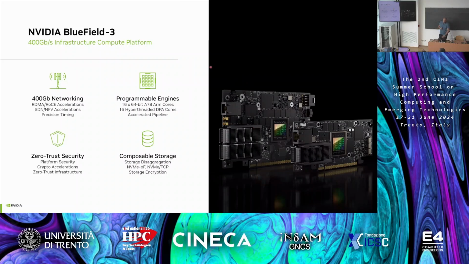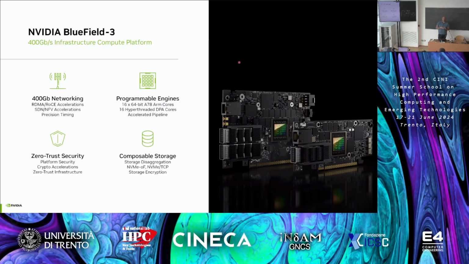Good. So just quick introduction. We said that programmability and need for speed are the main important characteristics. So we have 400G networking with RDMA and RoCE, so also Ethernet works, and precision timing. On the programmability aspects, we have